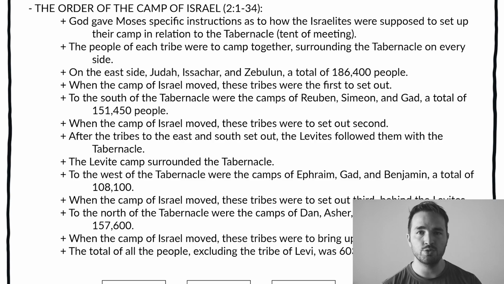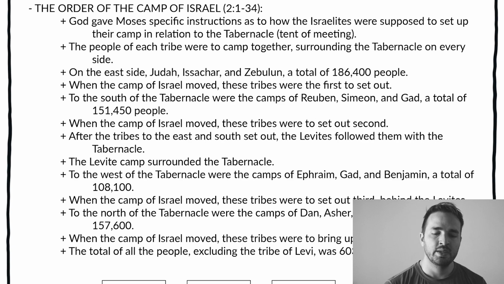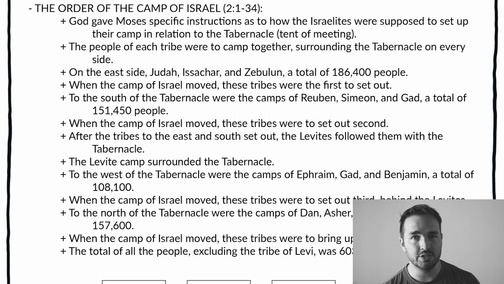So God gave Moses specific instructions as to how the Israelites were supposed to set up their tents in relation to the tabernacle, which was also known as the tent of meeting. The people of each tribe were supposed to camp together as a tribe, and they were to surround the tabernacle on every side. And don't worry, there's a diagram at the bottom of this PDF if that's easier for you to understand. So on the east side of the tabernacle, the tribes of Judah, Issachar, and Zebulun were supposed to camp. In total, there were